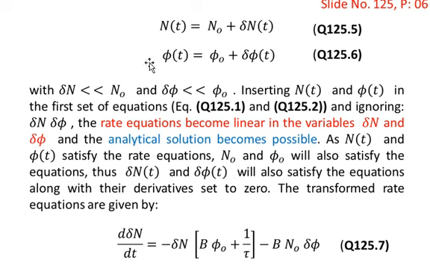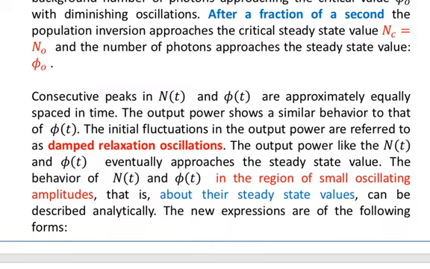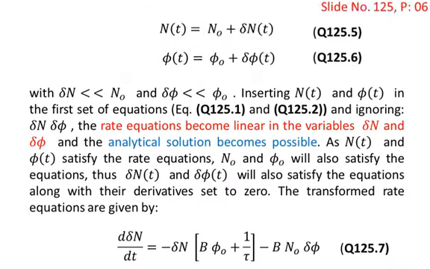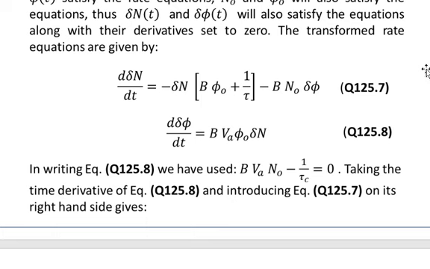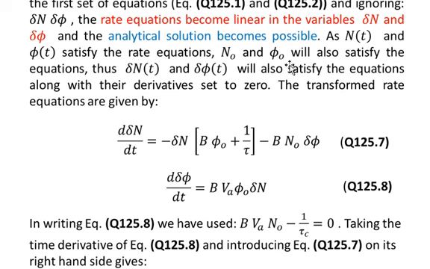And since delta phi of t satisfies the rate equation of the number of photons, of the decay of photons, similarly phi naught and delta phi will also satisfy the same rate equation. Thus, delta n of t and delta phi of t will also satisfy the equations along with their derivatives set